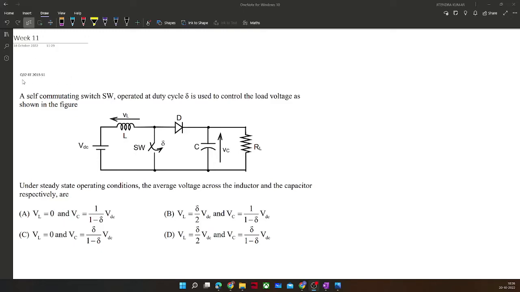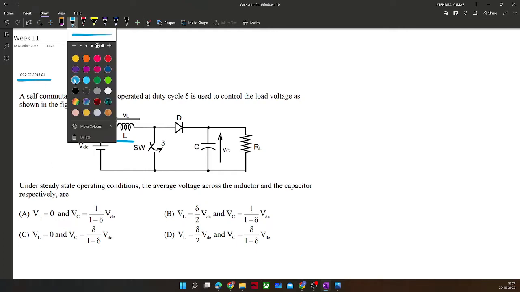This problem was asked in GATE 2015, that is for 2 marks. So this is the circuit given here, in which we need to calculate the voltage across the inductor and the output average voltage, nothing but the voltage across the capacitor. And it is asked to calculate under the steady state operating conditions. Okay, so